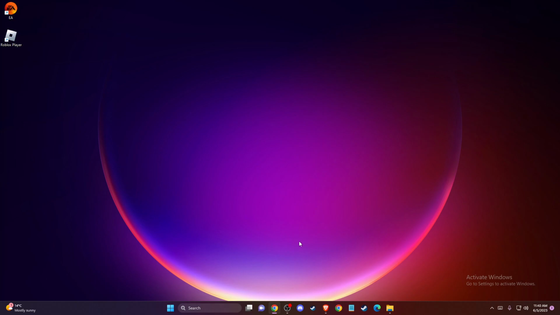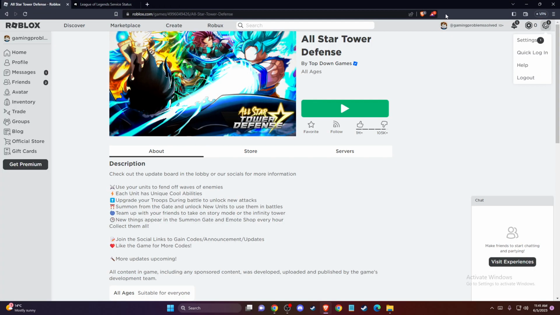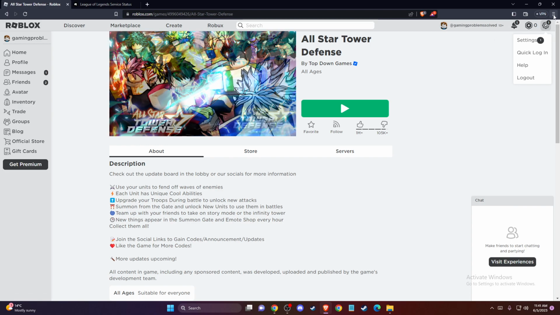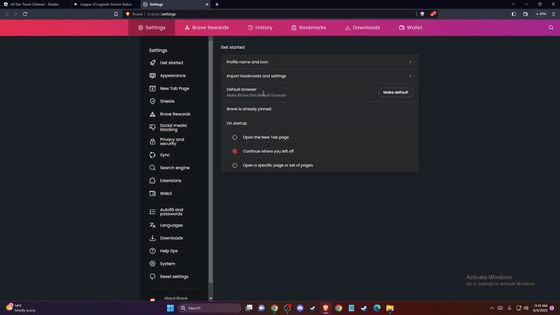So what you can do here, you need to open up the browser that you're playing Roblox on. I'm playing on Brave, but the exact same steps work on Chrome as well. You need to press on the three little dots or three little dashes here on the top right corner. Then you need to go to settings, and then once you're here, scroll down until you